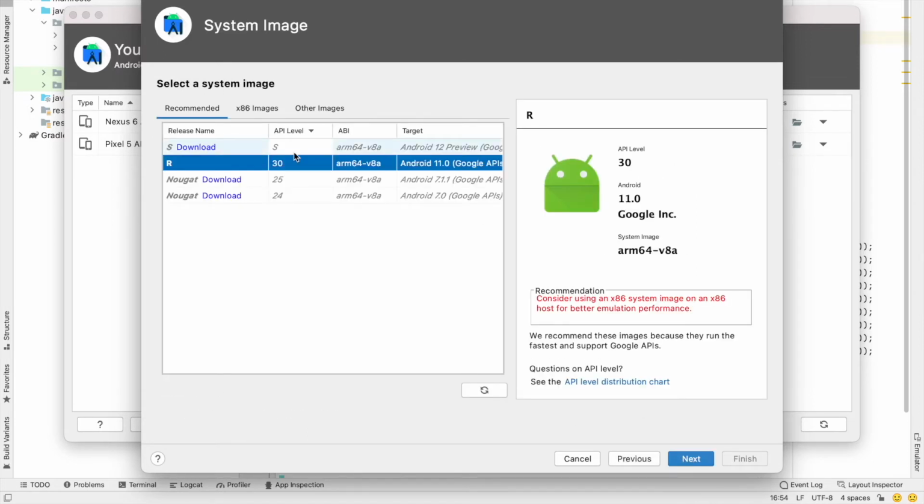Here we have to download the system images. I'm using M1, which currently supports 30 and 31. That's called S. I already downloaded 30, so I don't need to create an emulator again. If you don't know, just click next and it will automatically create an emulator. In my case, I don't want to create emulators anymore.